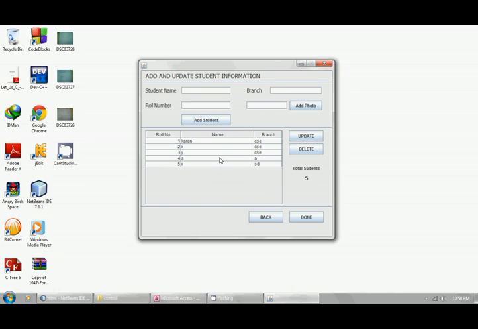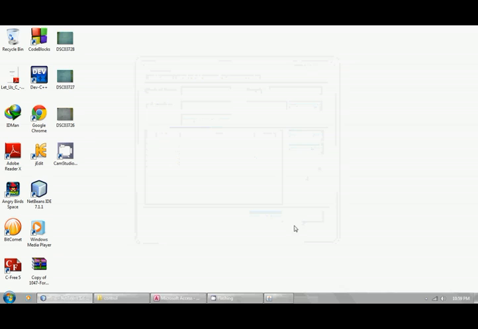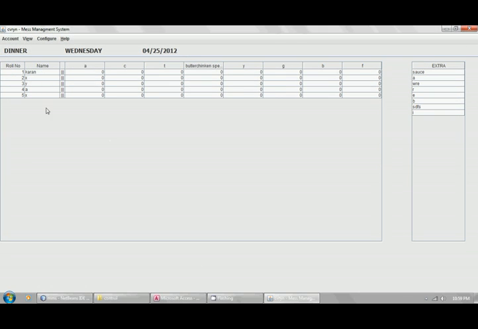In this way we added 5 students. Then after this configuration process is completed, we click on done and our main panel will open.